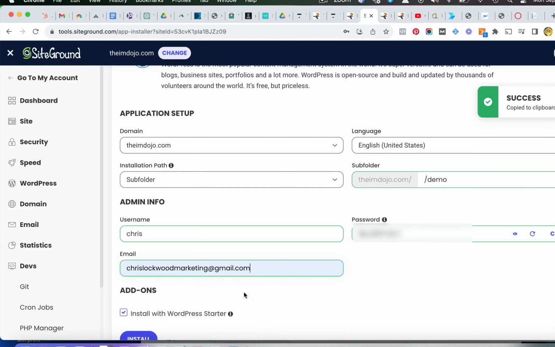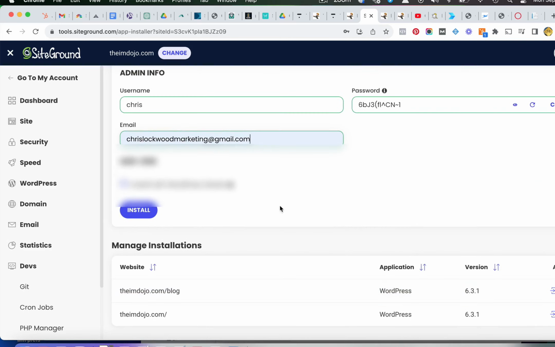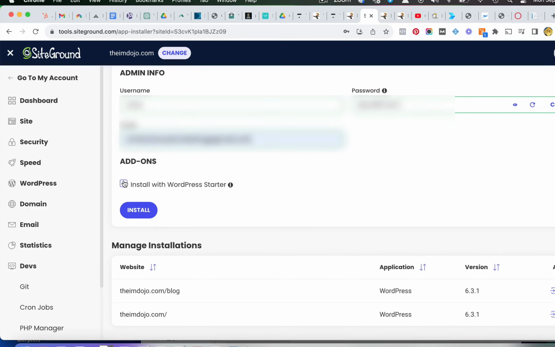And then I'm going to put in my email address, which I want to use as admin. Make sure it's a correct email address, because if you ever need to reset your password, it's going to use this email address. Now, HostGator has this add-on called WordPress Starter. I'm going to uncheck that just so that I show you what default WordPress looks like. I don't want to install this other stuff with it right now. If this was a real install, I would probably say yes to that.